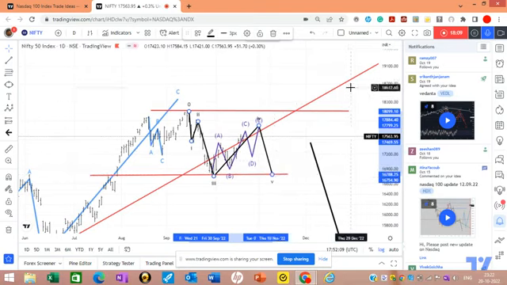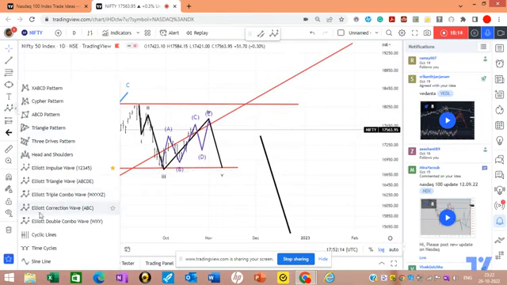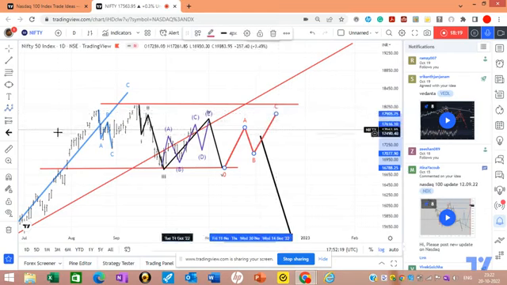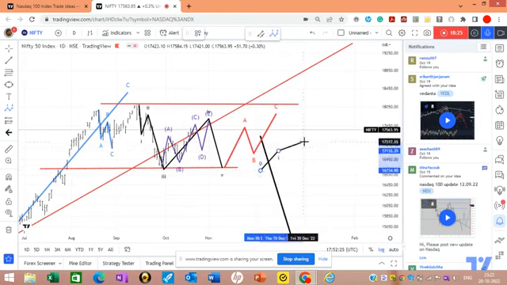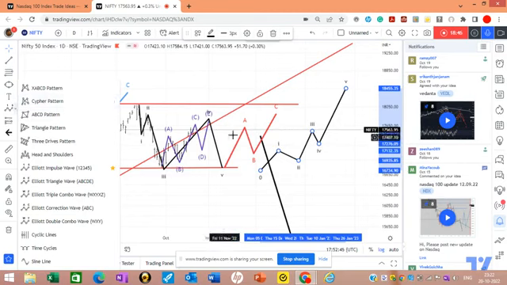And then we will have a correction or an impulsive wave that we will have to see. Whether this is going to be an impulse correction or an impulse wave, that we will have to see. Wait and watch. For the time being, this D wave, E wave, and this much can be traded. This will be a 5 wave decline. Small wave 5, but a clean 5 wave decline.